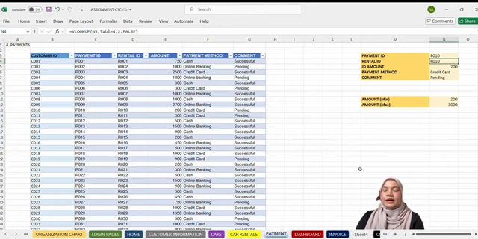Below, there is another yellow table, which is also a VLOOKUP function to get the minimum and maximum amount of payment. For the minimum amount of payment, we use this formula to get 200s. And for the maximum, we use this formula to get 3,000s. By using this, it helps us to analyze the smallest and largest payment in the system.